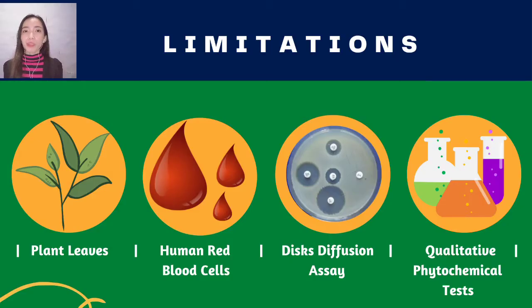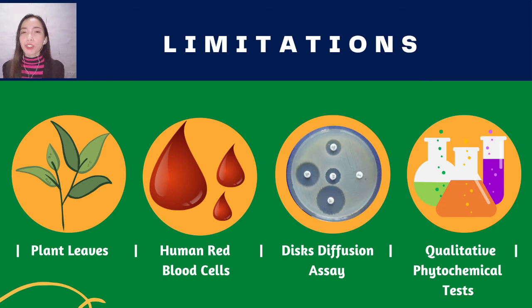The study will be carried out using the leaves of Melanolepis multiglandulosa, since leaves are more abundant than other parts of the plant. Other extraction procedures will not be utilized aside from methanolic and ethanolic process because they are not harmful to the body. The hemolysis assay will use red blood cells or erythrocytes, since it is the most abundant cells in the human body, and other cytotoxic assays will not be included.